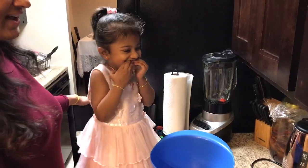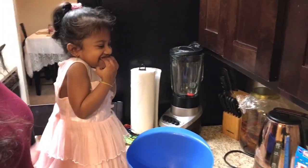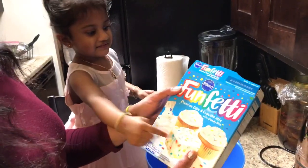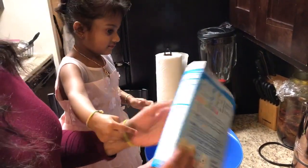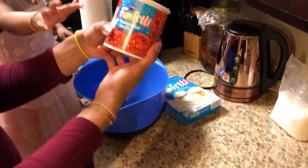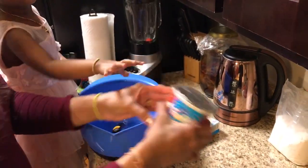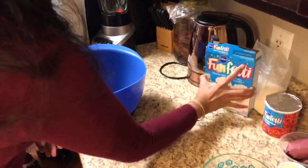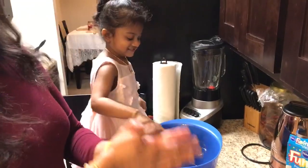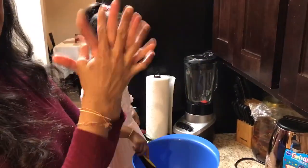Today Onii and I are going to make cupcakes. We are going to use this confetti cupcake mix, and we're going to use this confetti red vanilla icing to decorate. So before we start doing everything, the first thing we did was we washed our hands with soap and